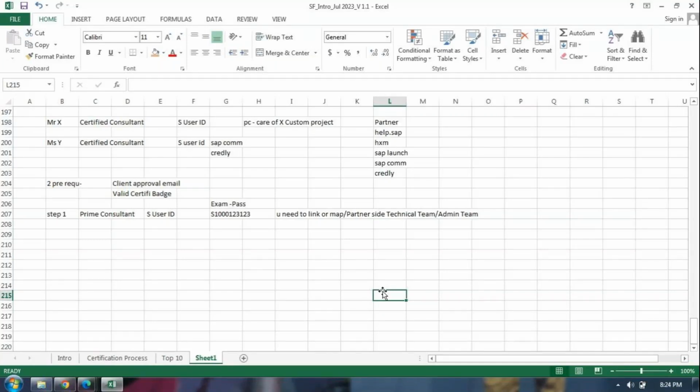For example, if you are working with any MNC company, like level 5 or level 7 companies like TCS, Wipro, Capgemini, Accenture, etc., you just need to share your SUser ID that you received from SAP after you passed the examination. Just drop a mail to them. They will link it. The first portal name is partneredge.sap.com, and they will create